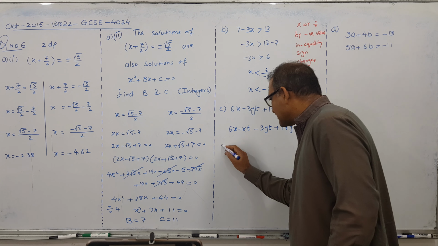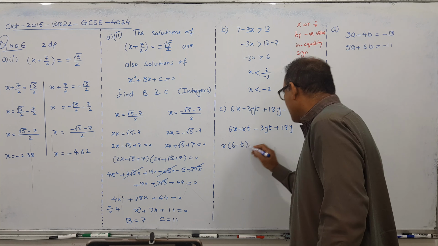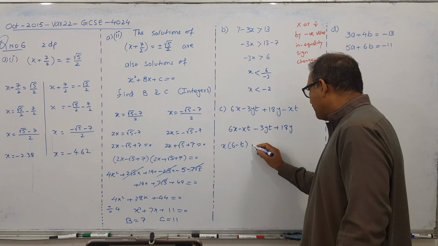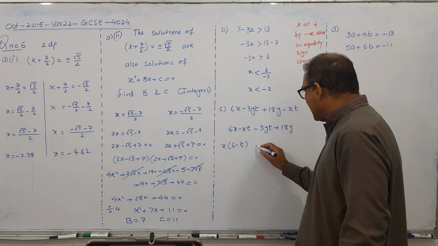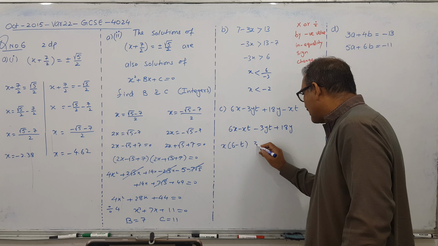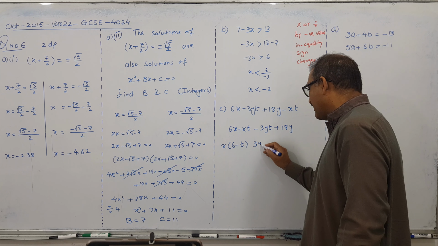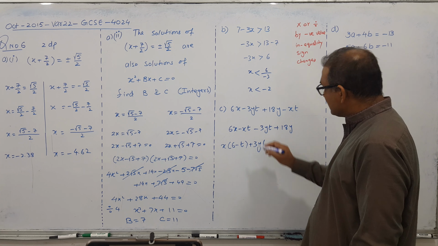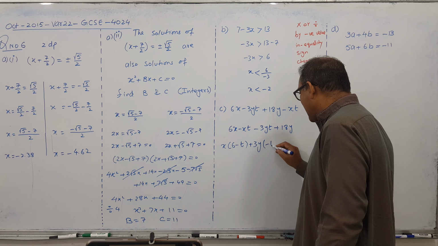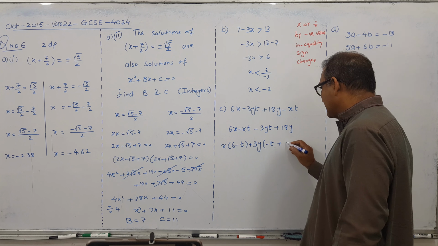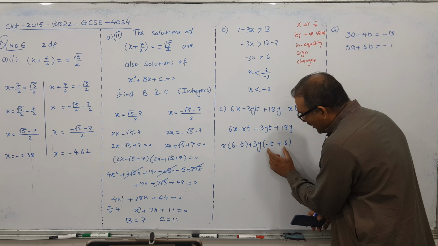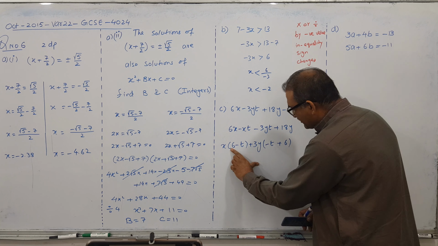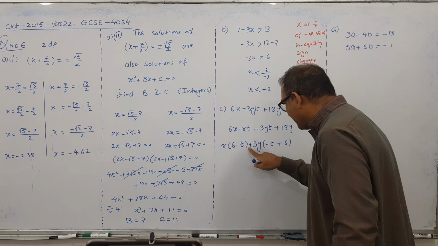So from here x common, I got 6 minus t. From here 3, 6 are 18, 3 common and y. But I need it with a number. Okay, let me see what happens. I take 3 common. Okay, now in 3 and y common. Interesting part here: if I take plus common outside, so here it comes a minus t, and here I get a 6. Which is matching? How matching? T negative sign, T negative sign. 6 positive, 6 positive. If you take it here negative, what happens then?